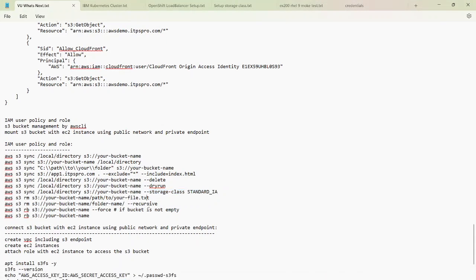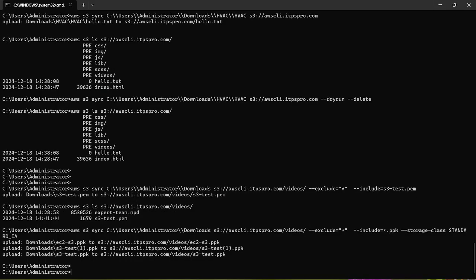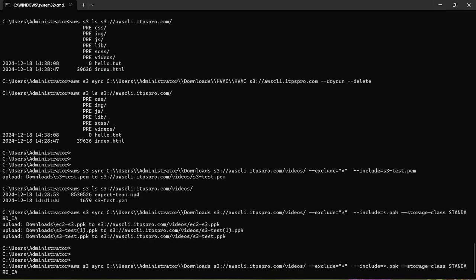Okay, now I mention all these commands in the video description. You can see there, and there is a command to remove some specific files from the bucket. For example, I want to delete under the videos the ec2-s3 ppk file. So I will use rm,